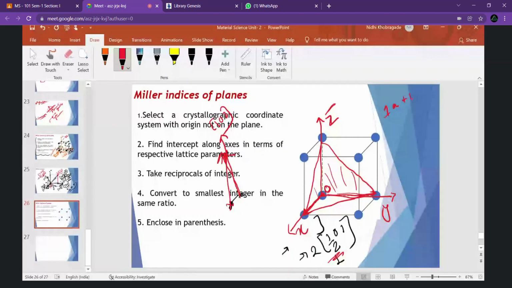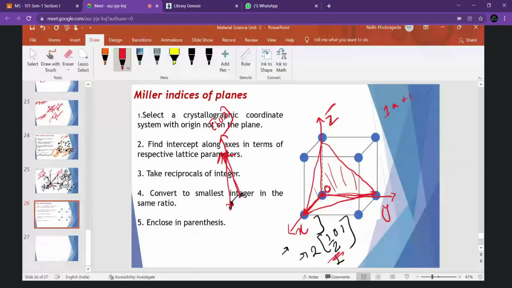So here you can see from O, which is our origin, the direction which is lying on the particular plane is intersecting this x-axis. In the similar way, the y-axis, and in the similar way the z-axis. So this is our next step, where we have to find our origin. Now we have to find the particular intercept.